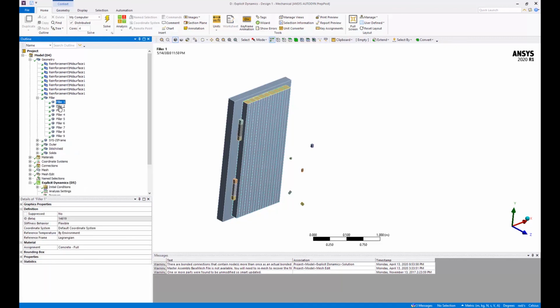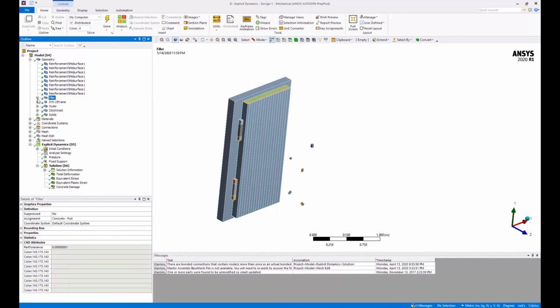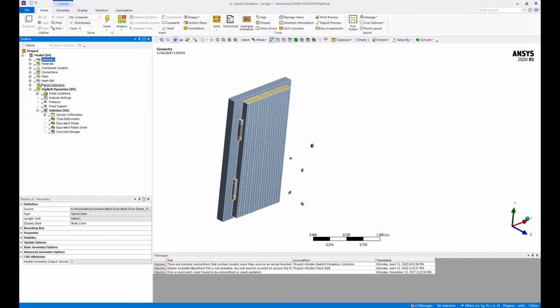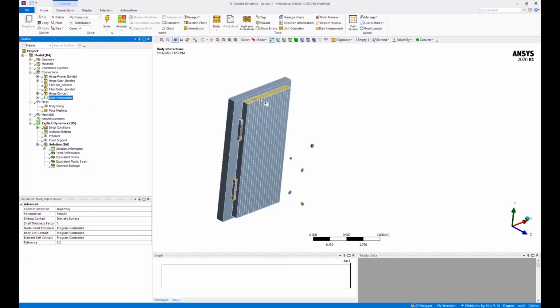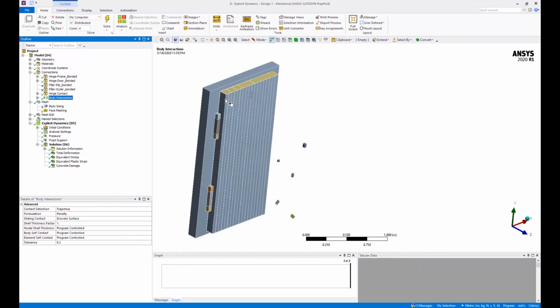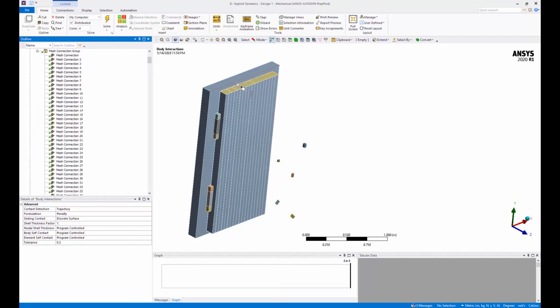I just introduced the filler, and then I put in the material properties. I meshed it, and then the connections already had body interaction. For any connections between the filler and the frame and everything, I set up the bonded contact, as well as used a mesh connection group to connect the filler mesh and everything.